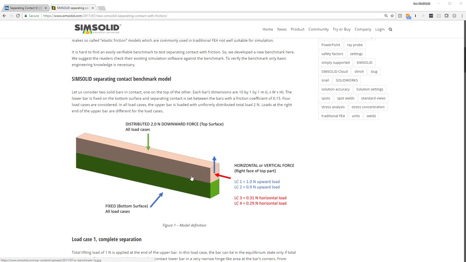Okay, I'd like to show you how to do an analysis with separating contact and friction in SimSolid Cloud. Here's our benchmark model. It's 2 bars fixed at the bottom. It has a 2 Newton downward load on the top bar, and then we have a series of load cases